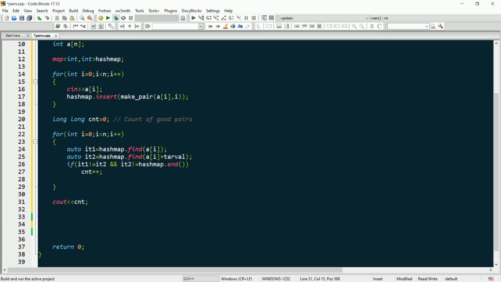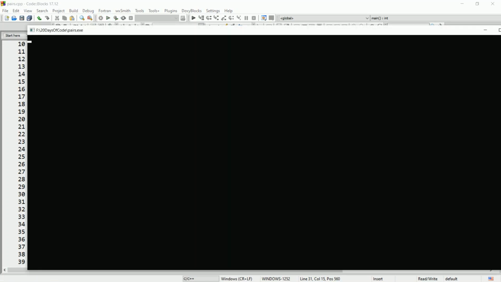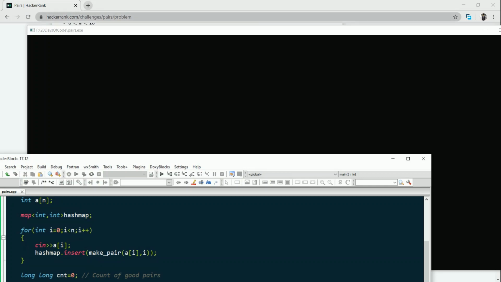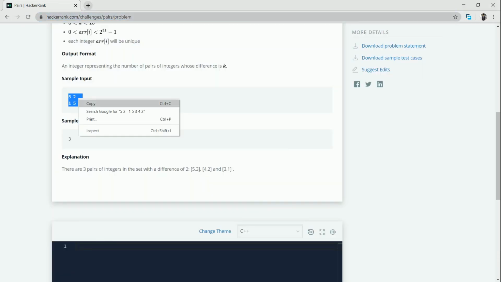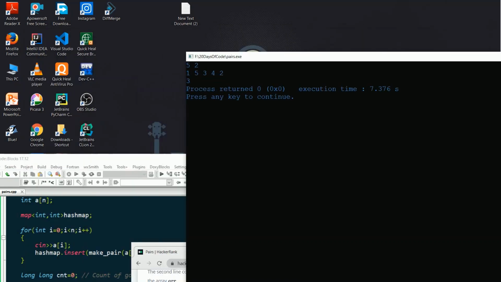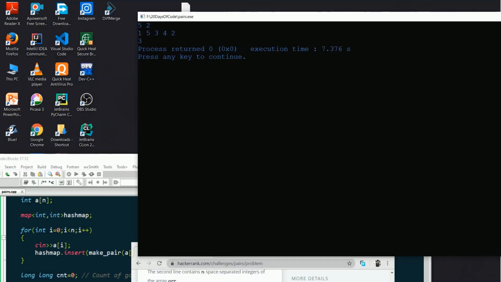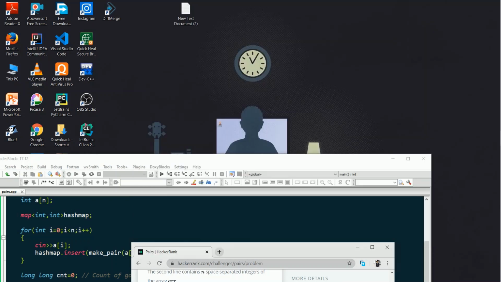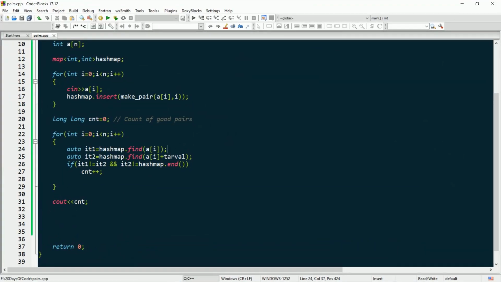Let's run this code. And as you can see, the expected output is 3 and our output is also 3. So let's try to run this code once.